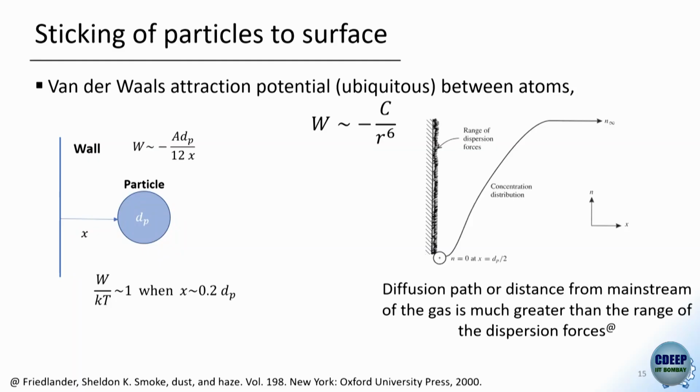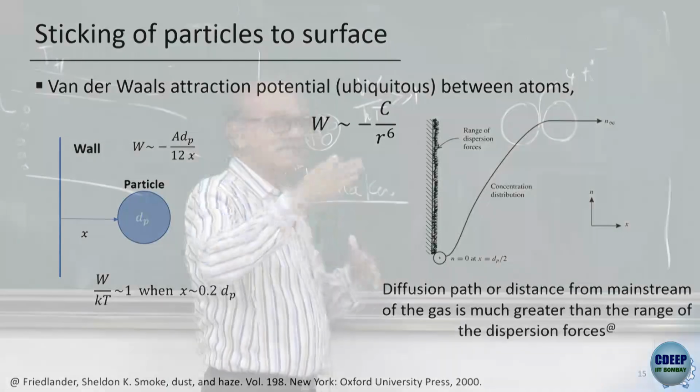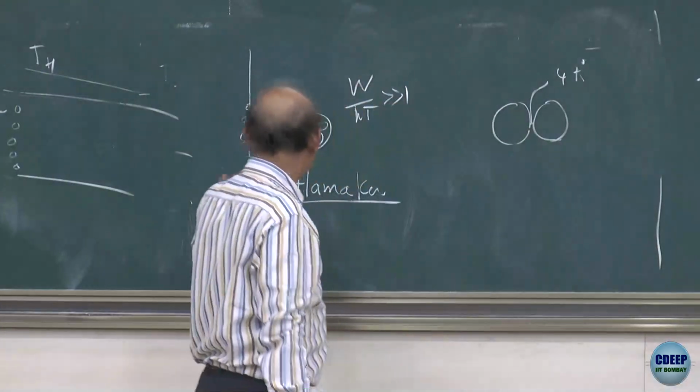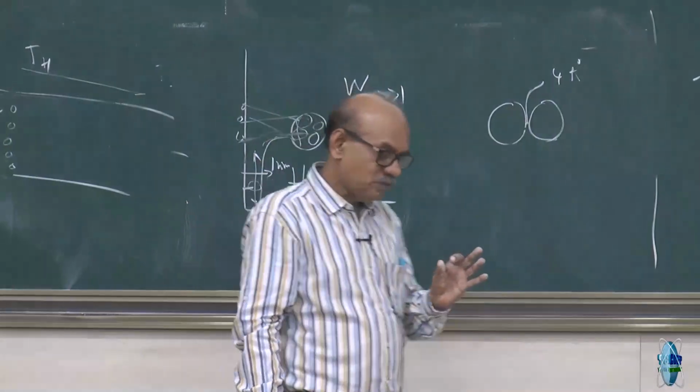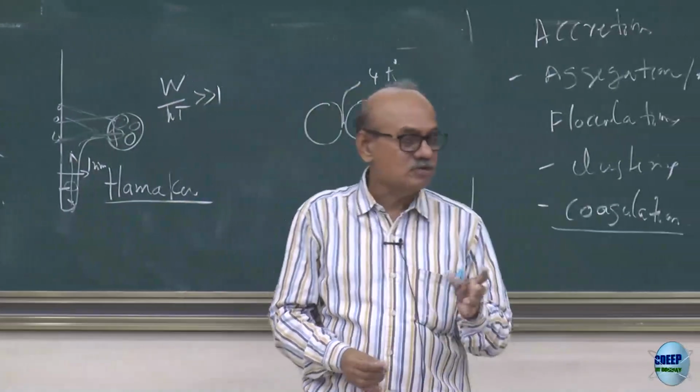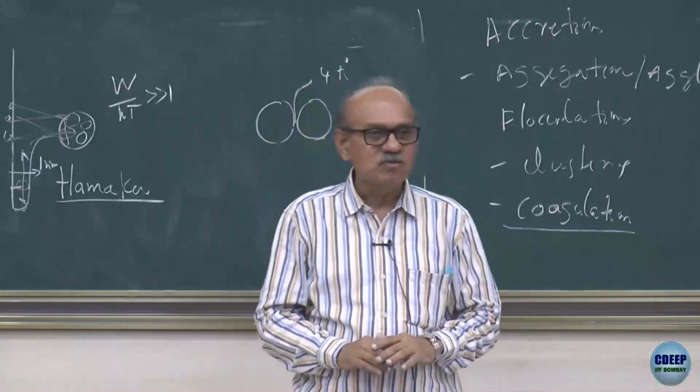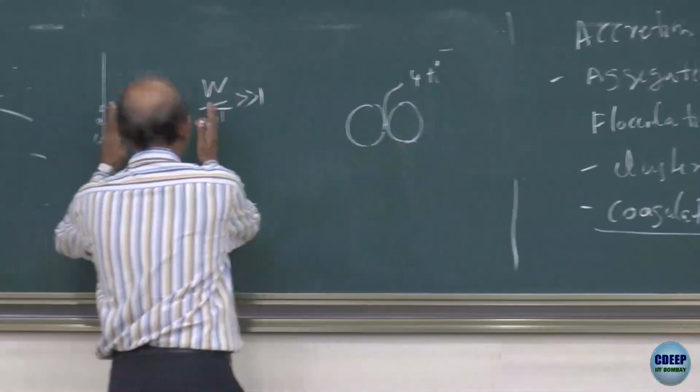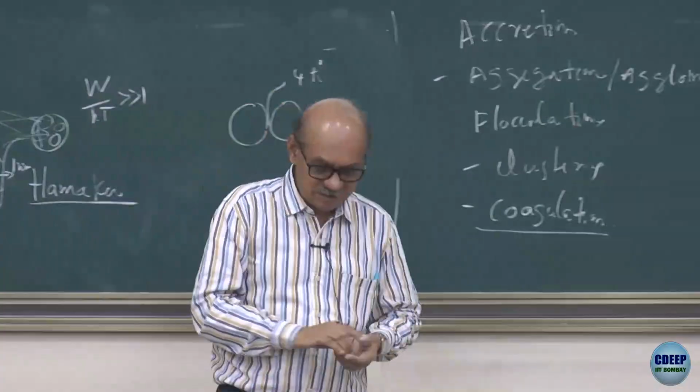Yeah. So, the second part simply says the path that it traverses to come down to here is much larger than the range of these dispersion forces. Van der Waals and others are called dispersion forces. So, it is much larger than that. So, most of our efforts is in this part of the